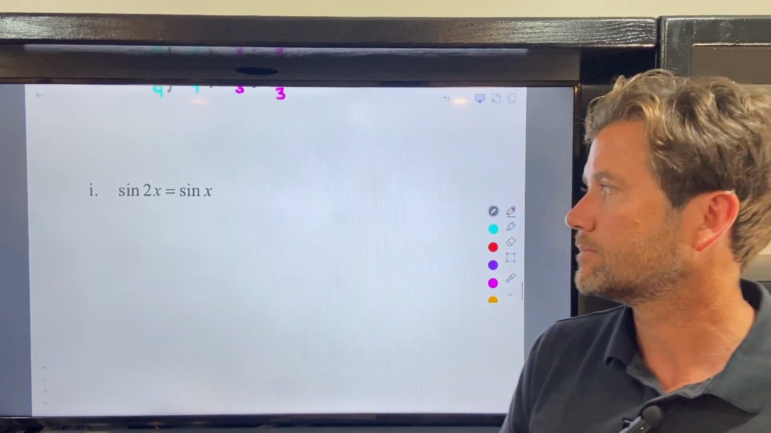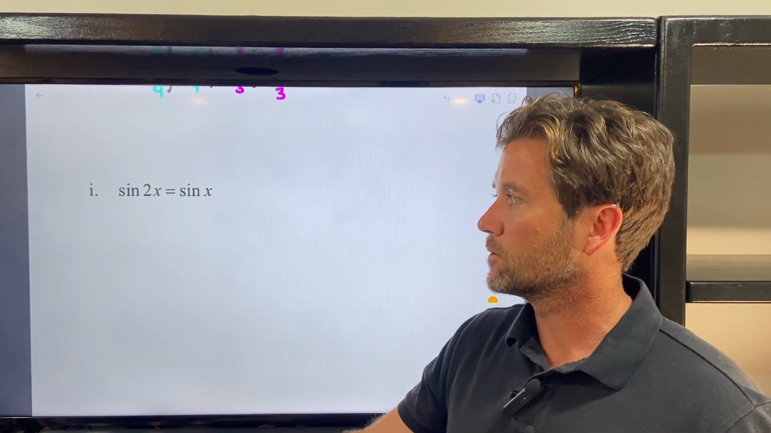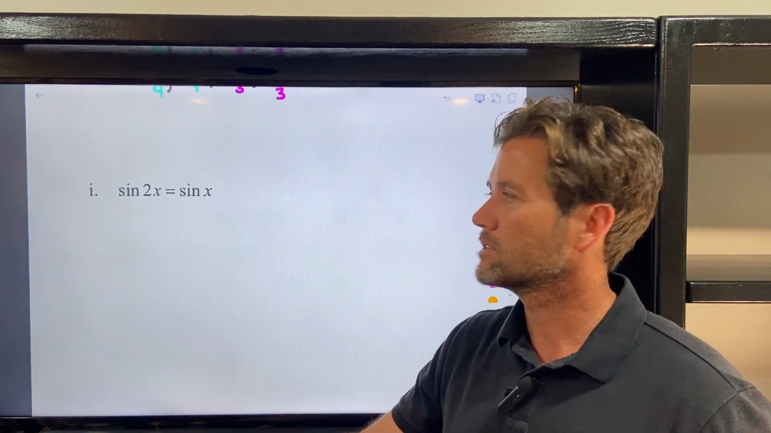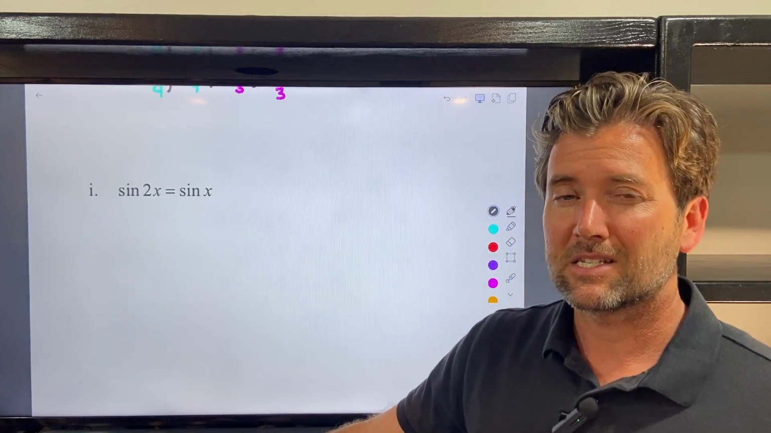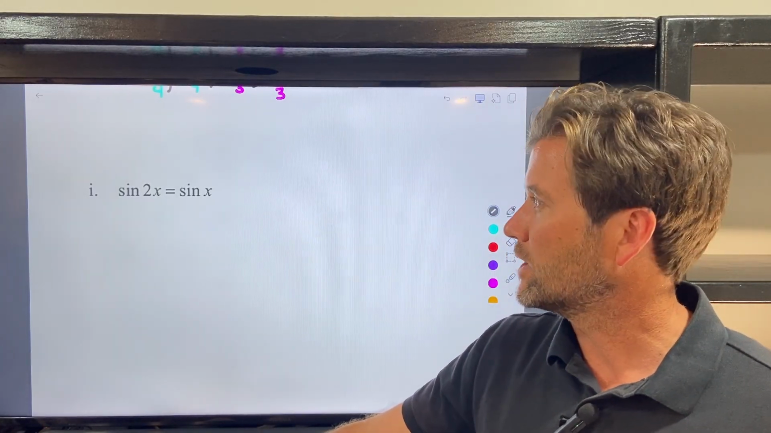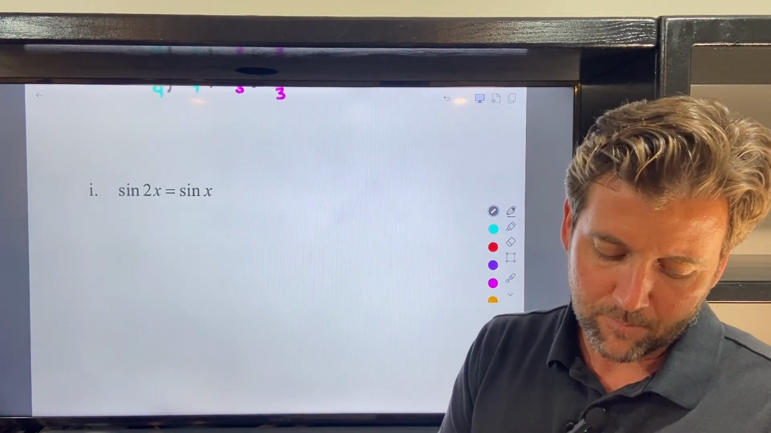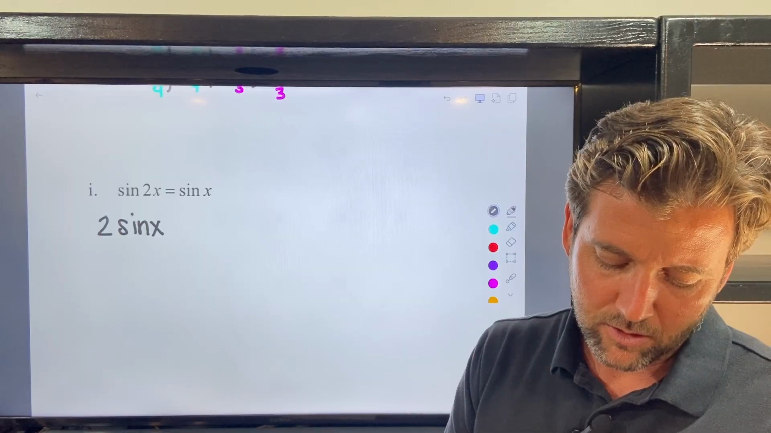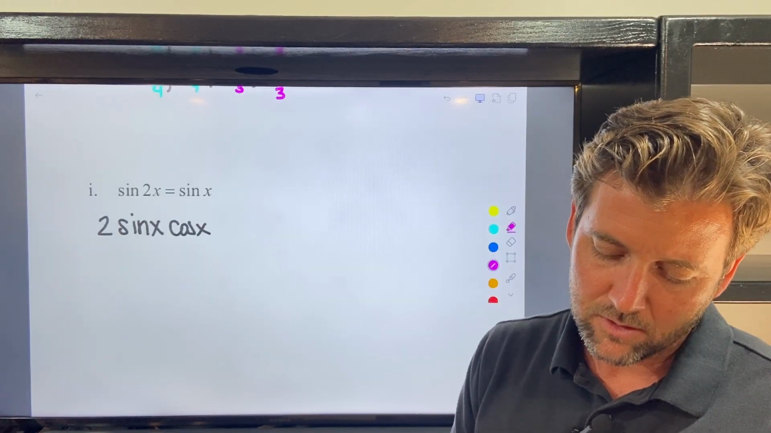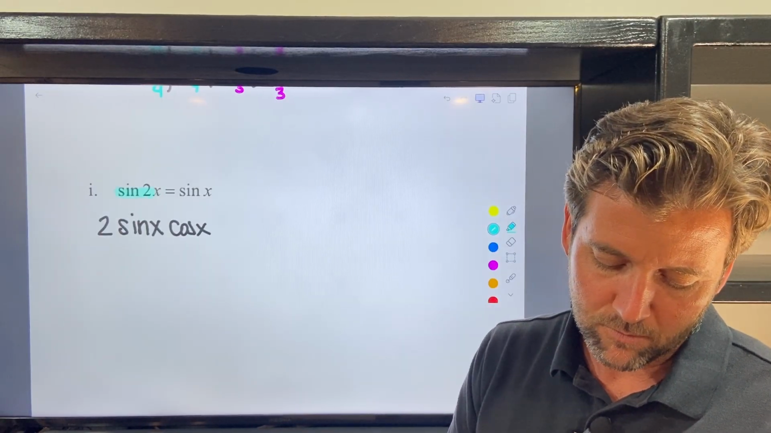Okay, part I. Some people are really tempted right now in the first step to divide by sine of x. But you need to first recognize that that says sine of 2x. So you want to use the double angle formula for sine. That's 2 sine x times cosine of x. That's the double angle formula for sine